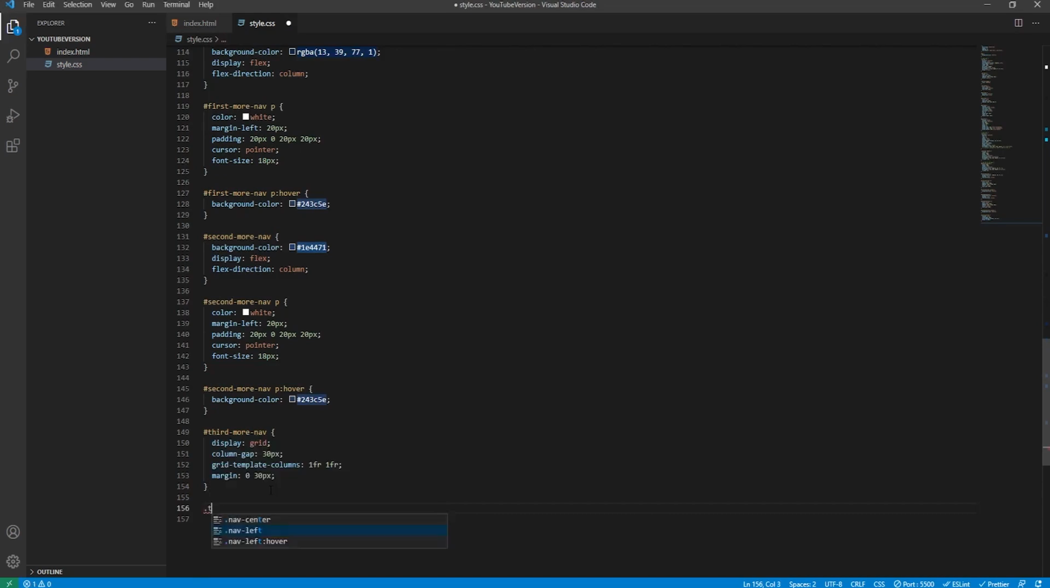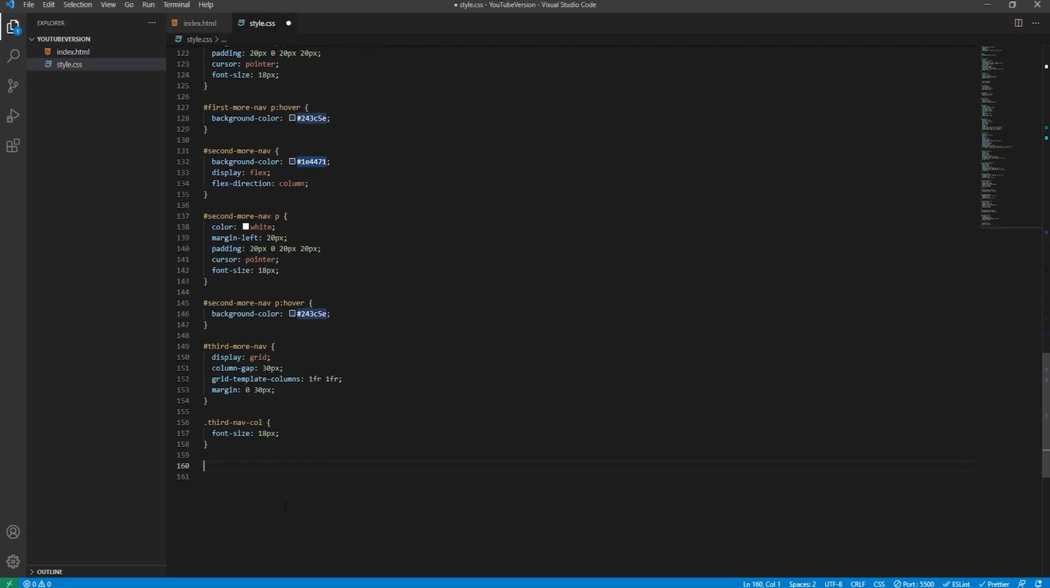And then we'll say third nav col class, we'll say font size of 18 pixels. And then we'll say third nav header, margin top of 40 pixels, padding left of 15 pixels. Below that we will style the paragraph elements inside the third nav col class, so we'll add a P there like that. We'll say color,